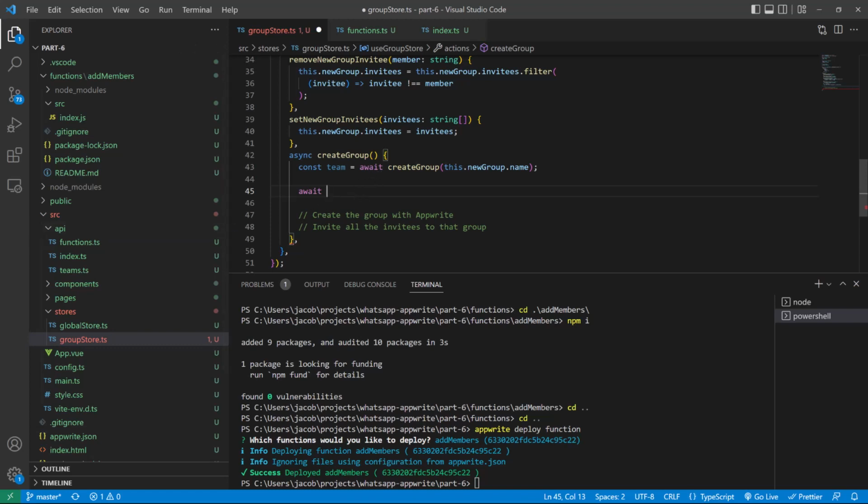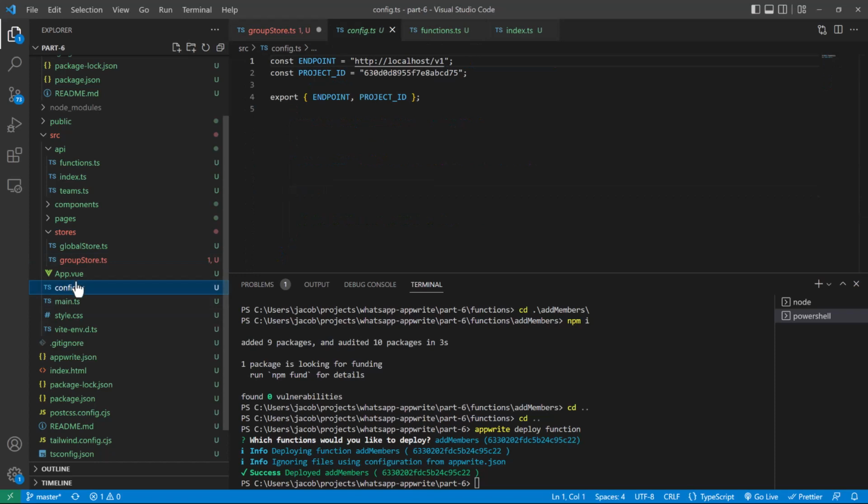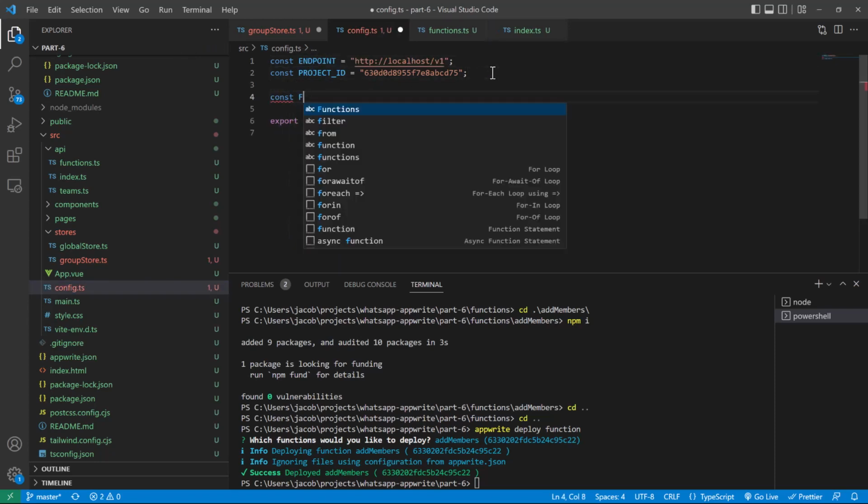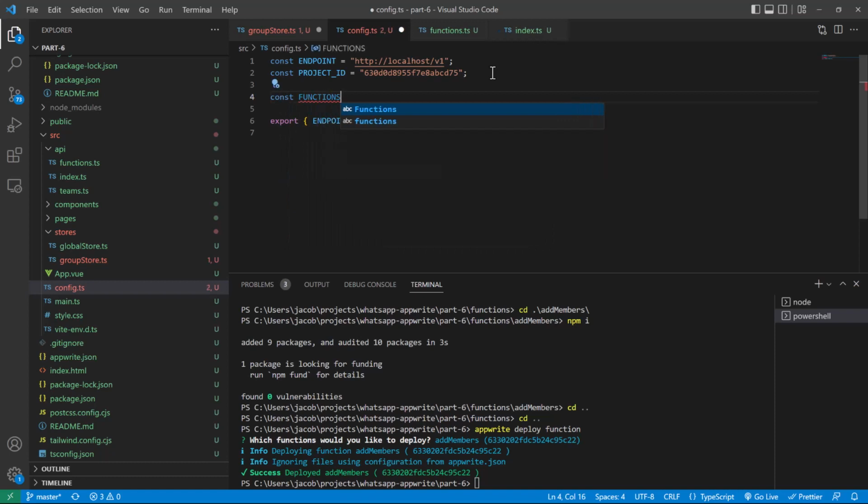So we'll actually do this. We'll create a little bit of organization over here. If we go to a file called config.ts, we're going to add over here. We want to basically group all our Appwrite configuration stuff. So we're going to also add const functions, and this will be where we keep a map between the name of our functions and the actual function